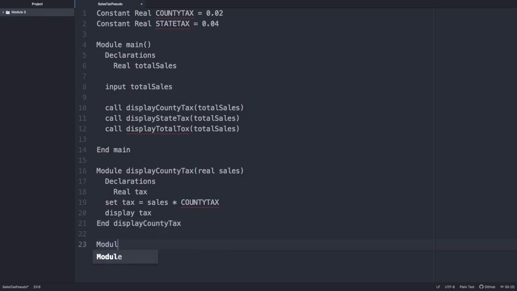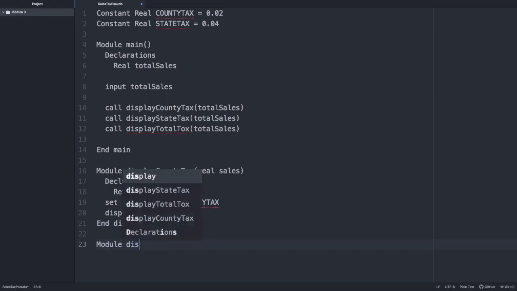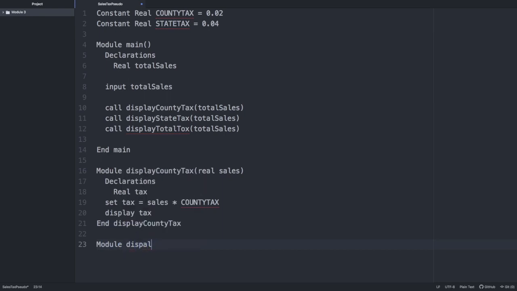We're going to go module, display state tax. Okay. And I'm going to pass another real number, and I'm going to call it sales. Okay. And again, I'm going to have my declarations. I'm going to have it declare a real